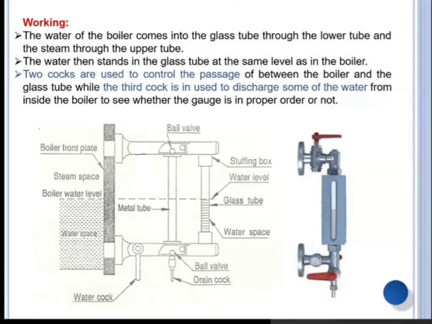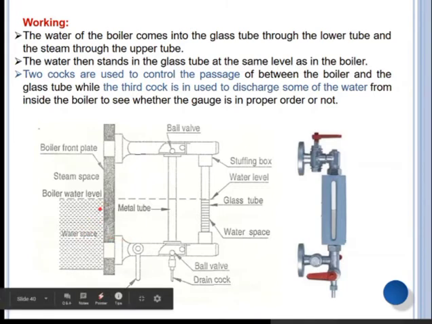This is the working of... So now my question is, what is the use of a metal tube? What is the use of the metal tube? The use of the metal tube is this: sometimes, due to some reason, the pressure increases or for any other reason,